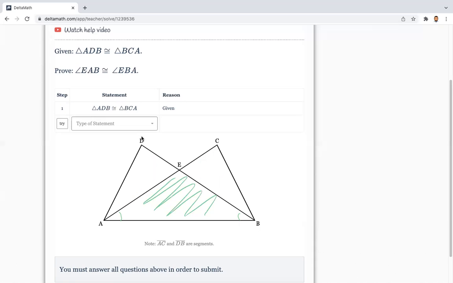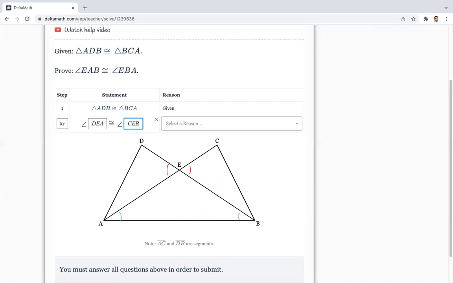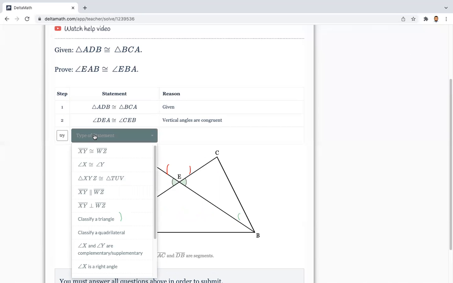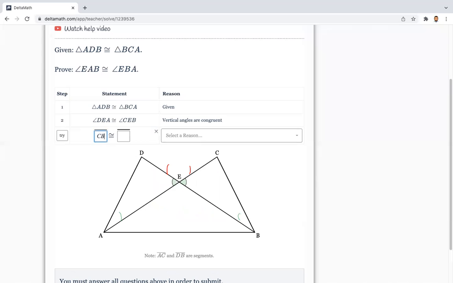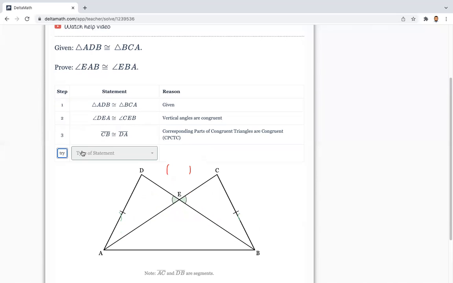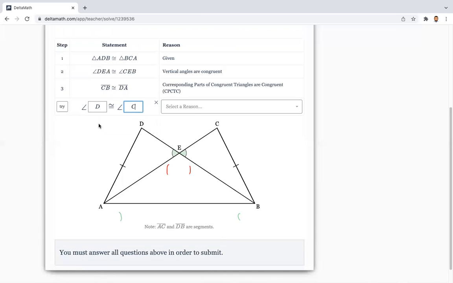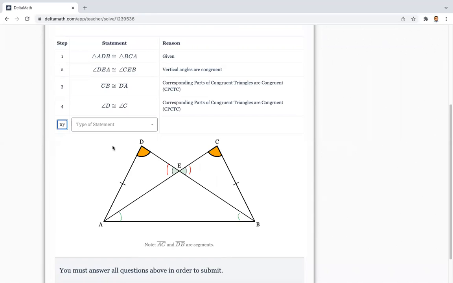So let's try it. So we're going to say these two angles are vertical angles. So I'm going to put in angle DEA is congruent to angle CEB. Our reason is vertical angles are congruent. I'm going to put in that segment CB is congruent to segment DA, reason being CPCTC. And we know that angle D is congruent to angle C, and our reason is also CPCTC. Having established that those two triangles have angle side, I can state that they're congruent. So DAE is congruent to CBE